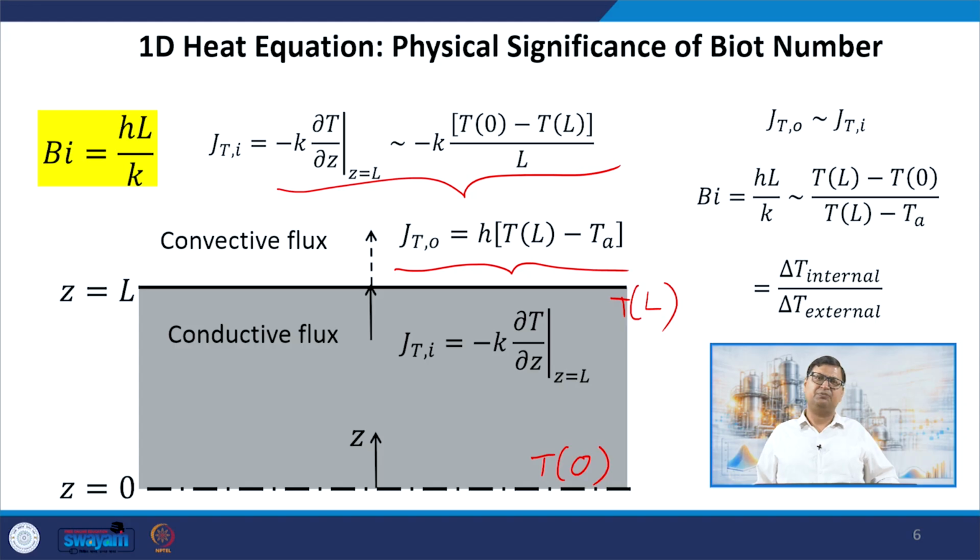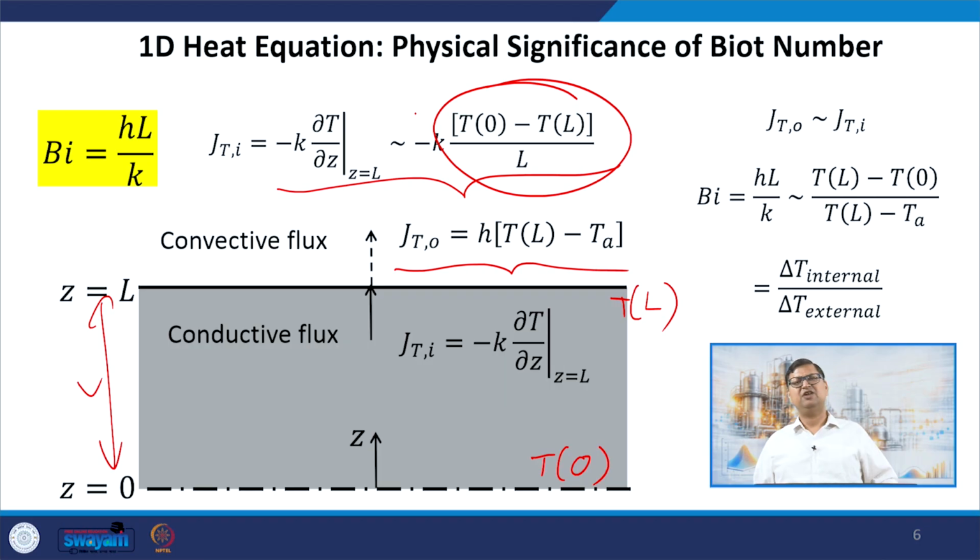Then to a first approximation, this T naught minus TL, the temperature difference, divided by the length L, is some estimate of the temperature gradient dou T by dou Z, some kind of a linear approximation of this gradient dou T by dou Z. So now if I equate the fluxes again, keeping in mind this approximation for dou T by dou Z,